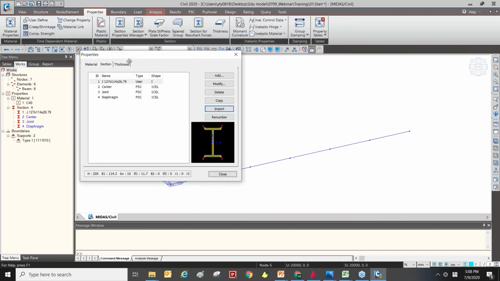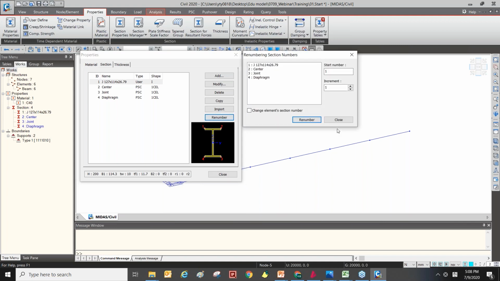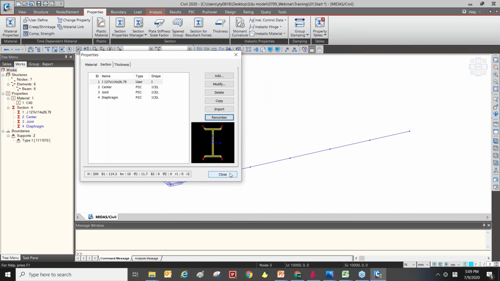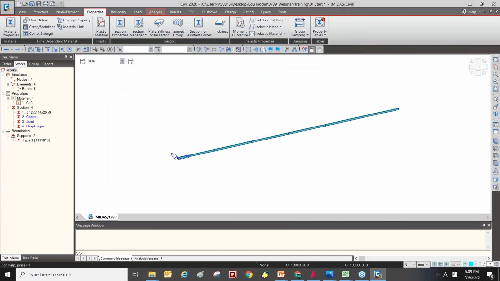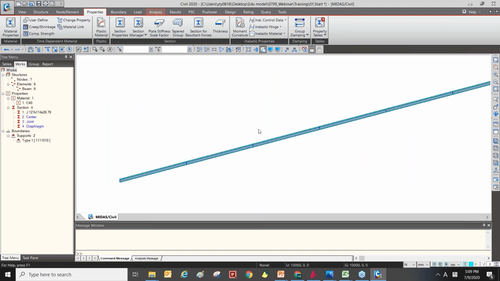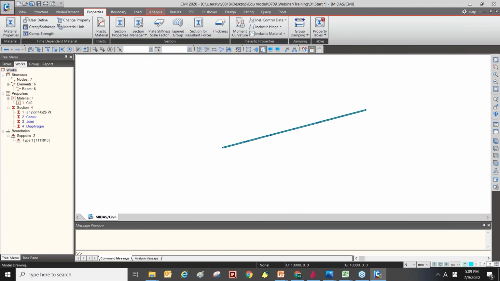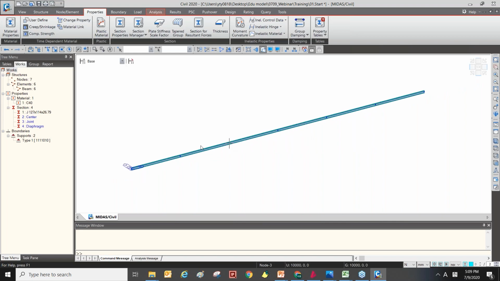So we have 4 section properties like this, and by using the Renumber option, we can reassign the ID numbers again here. The beam element has the number 1 section here. In the model view, you can assign the section property to the element. This is hidden view.